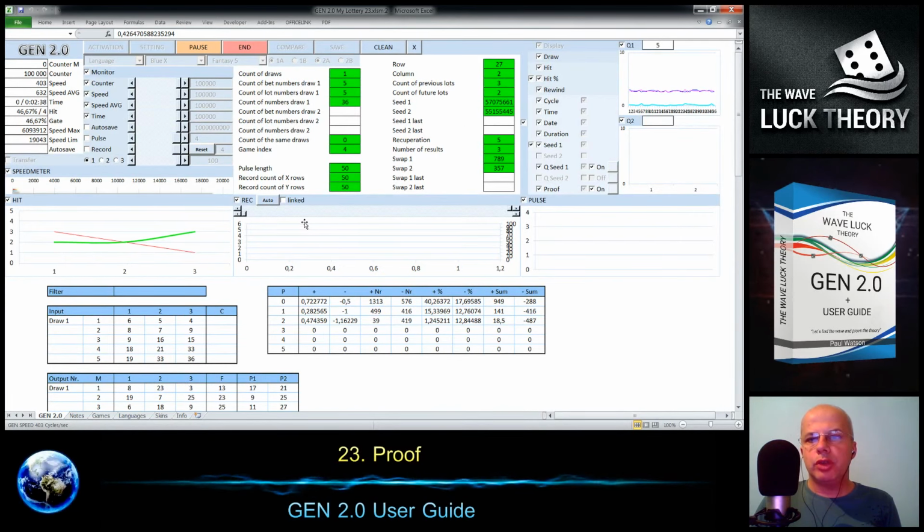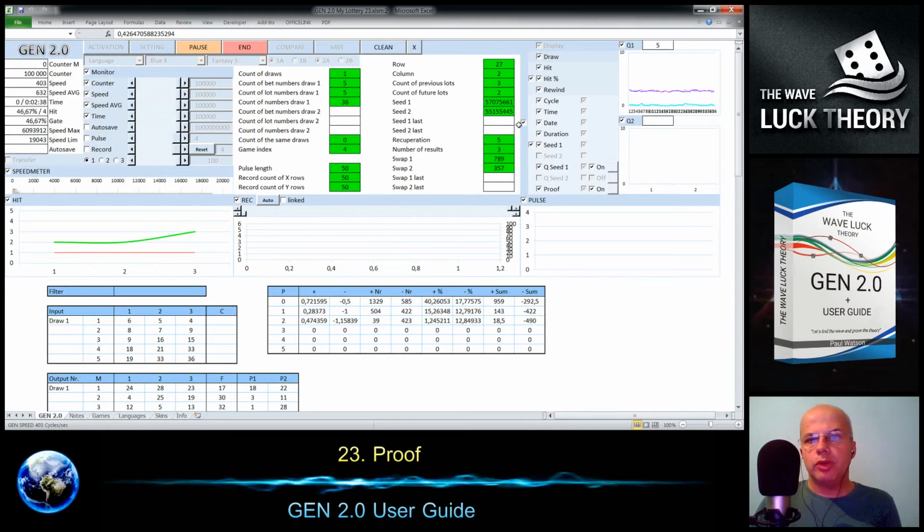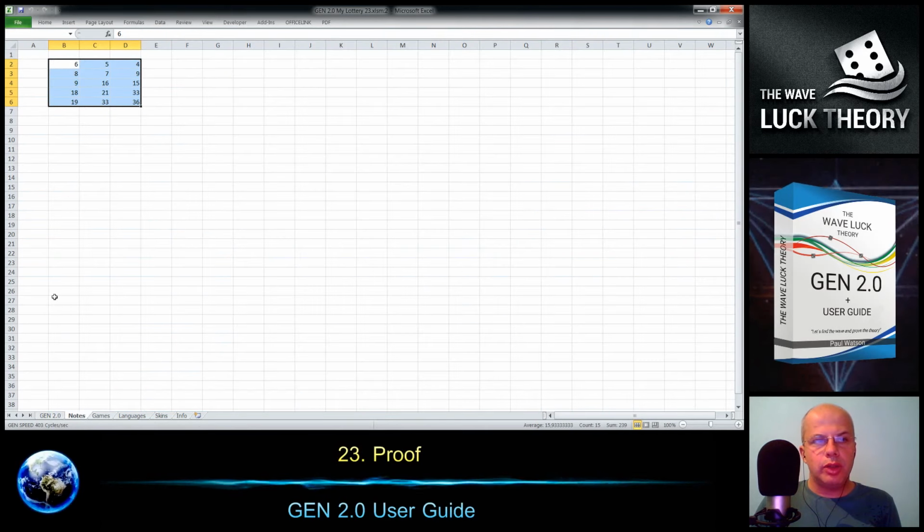Now let me jump to the nodes, or I will switch off the online monitoring, and now let me run it with higher speed. We will see the maximum one we will get today.